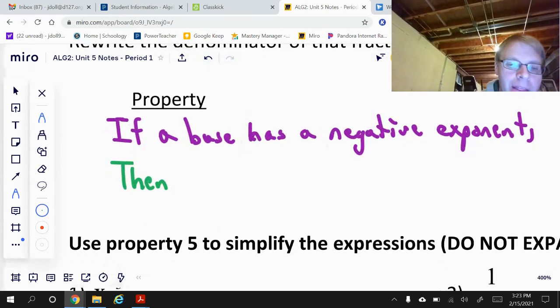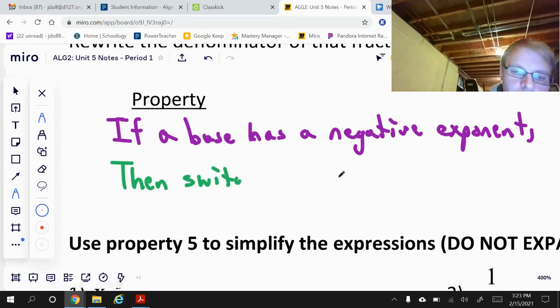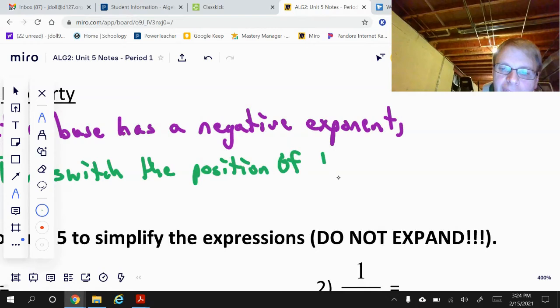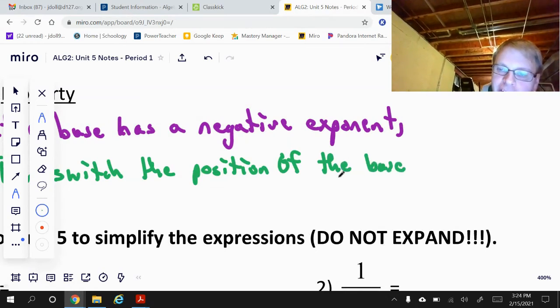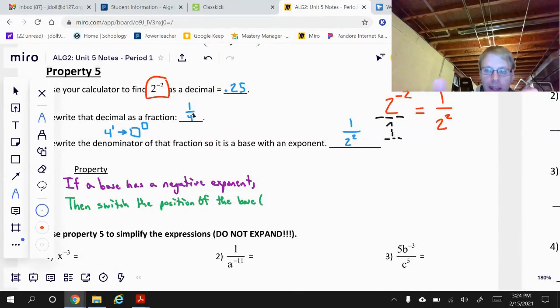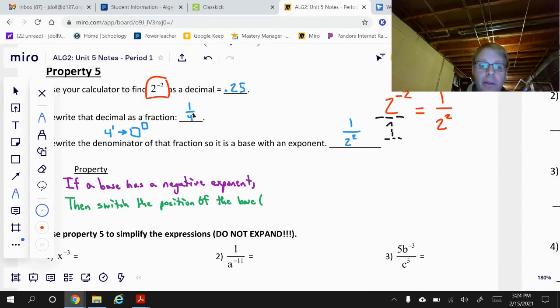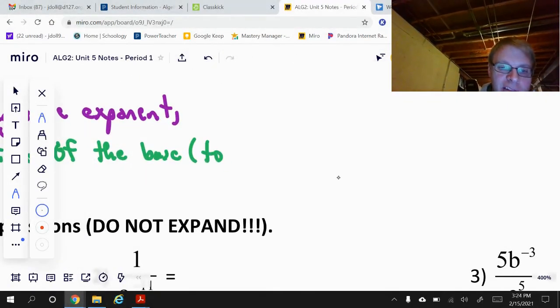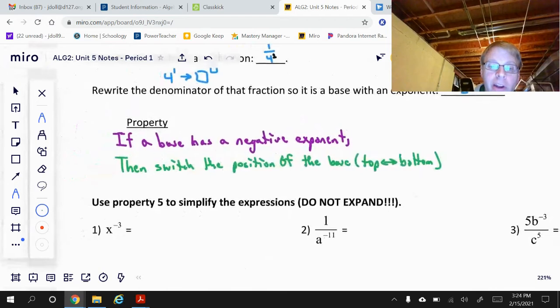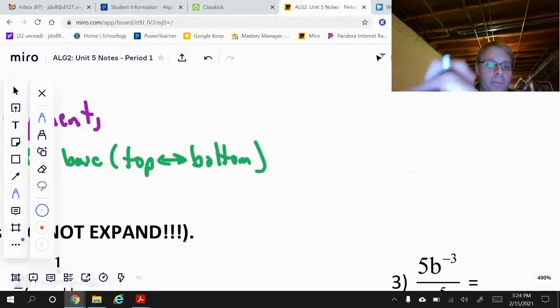Then what can we do? Then we are going to switch the position of the base. And let me stop for a quick second and ask, what are the positions we could have a base in an expression like this? Well, there's only 2 positions: the numerator on top or the denominator on the bottom. So it could go top to bottom, or the other way, bottom to top. We're going to switch the position of the base, top to bottom or bottom to top,